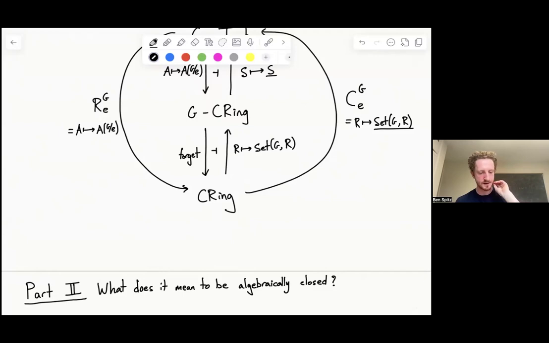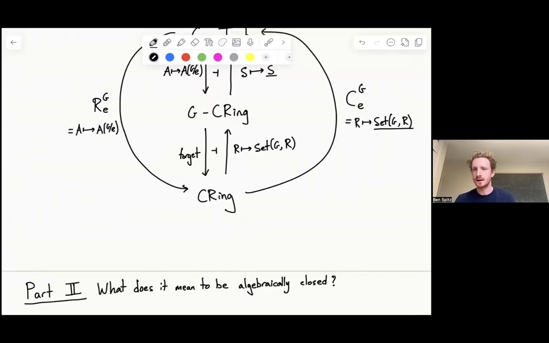And a lot of the time, the translation from ordinary commutative algebra to commutative algebra of Tambara functors is very straightforward. But a lot of the time it's not. And the definition of an algebraically closed field is something that is pretty subtle to translate over. And it's something we might care about if we want to do commutative algebra of Tambara functors. In general, if you want to do commutative algebra, you care a lot about the geometric points of rings, which are the maps to algebraically closed fields. And so it would be nice to know what are the algebraically closed fields in the category of Tambara functors.